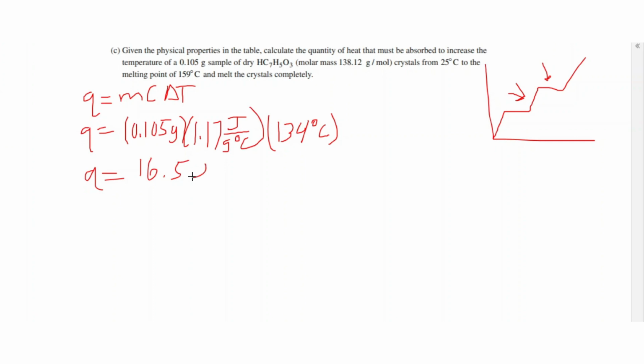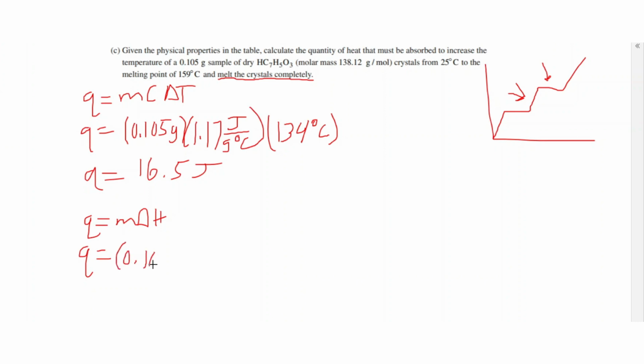Now this is where a lot of people are going to make a mistake. So now we've gone to that 159 degrees Celsius, so a lot of people will think, oh, the problem's done. But you have to read the question very carefully, because the last part says also you have to melt the crystals, and that also requires energy. So we are now going to use Q equals nΔH. So this is the equation when we are having phase changes. So we are going to get Q equals